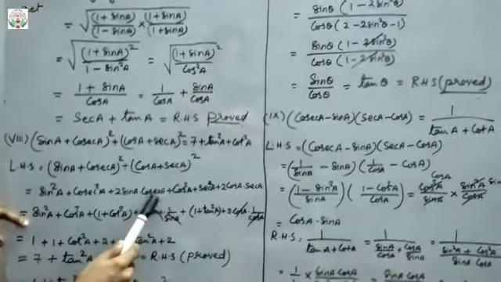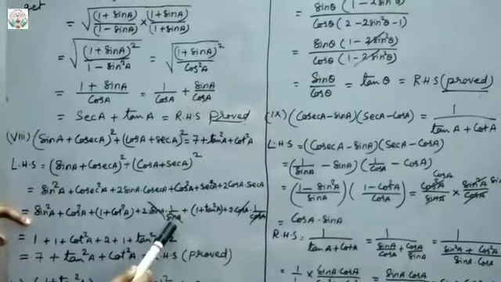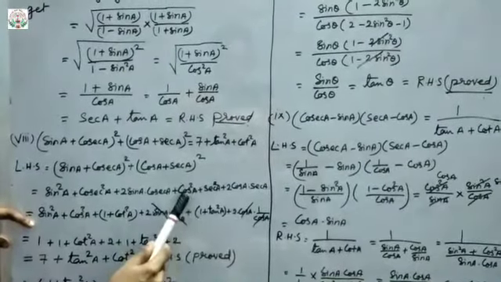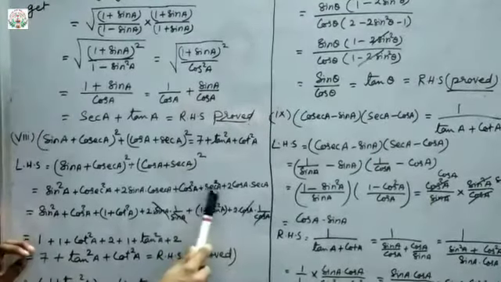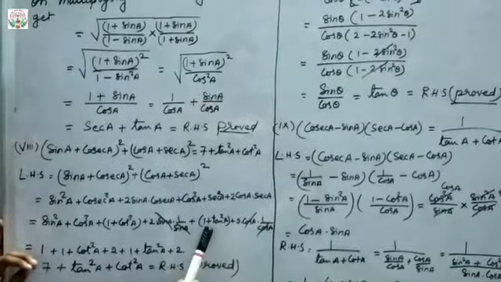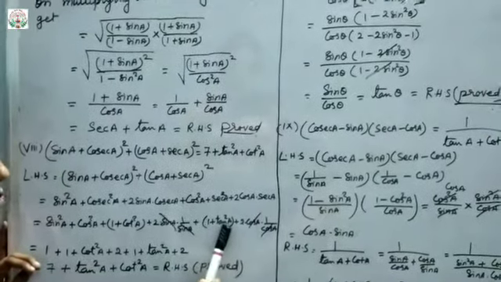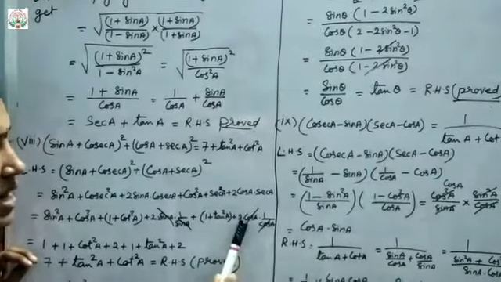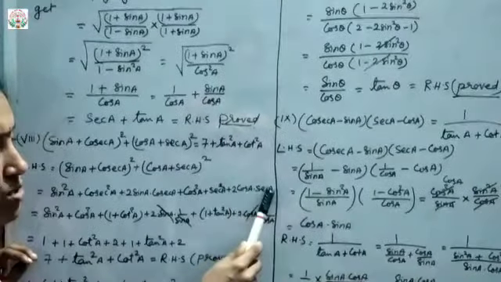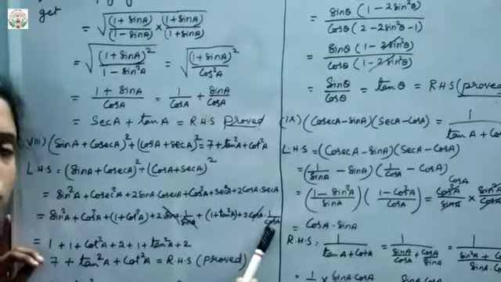Okay, so we will put that value here, that is 1 plus cot square a plus 2 into sin a, and cosec a we know that it is the reciprocal of sin a. So reciprocal of sin a we will write, plus here cos square already we have taken here. So what is left here? Sec square a. So sec square means we know that it is 1 plus tan square a, right? So 1 plus tan square a, formula we know, plus 2 sin a cos a into sec a is the reciprocal of cos a. So 1 upon cos a.